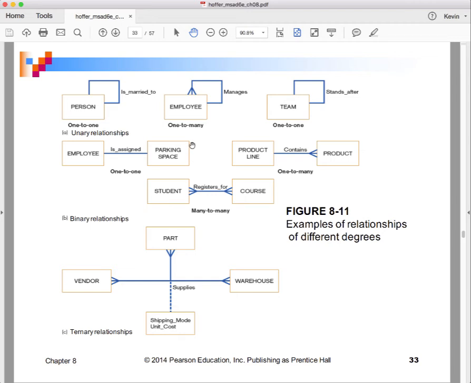Maybe we need to say, here's when they got the parking space. Here's how long they've committed to it. Here's how much they're paying for it. So you might have things like that, or you might have something like